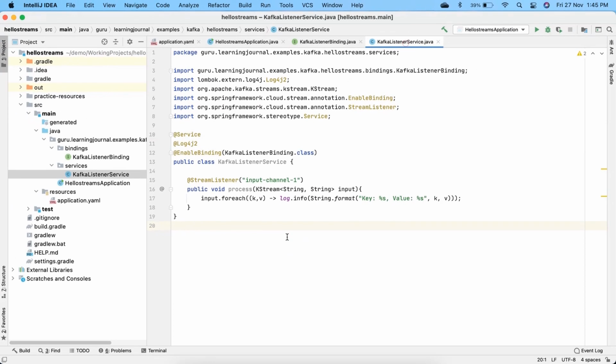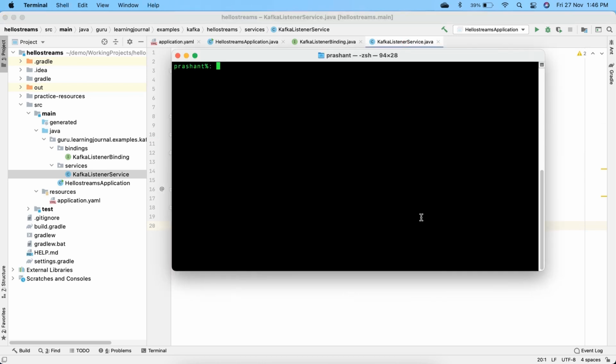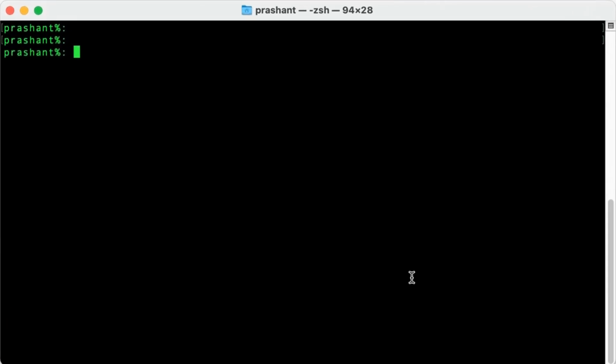Let's do it. For running this application, you will need a Kafka cluster, right? I already installed the Confluent Kafka cluster on my local machine. Let me start a terminal. Here it is. Now I can start the Confluent Kafka services.